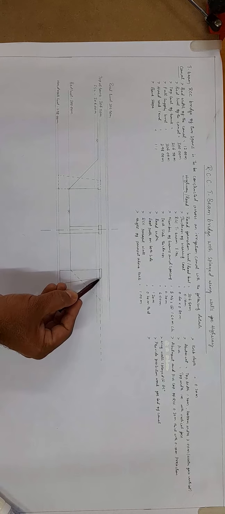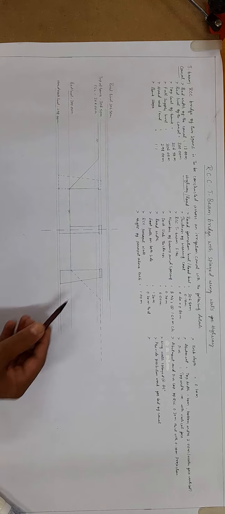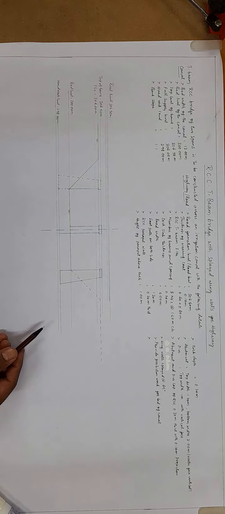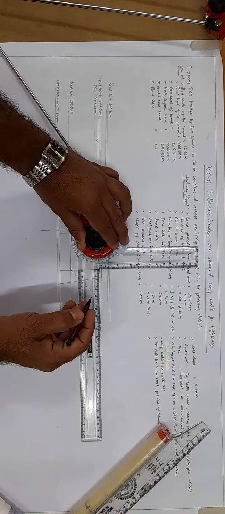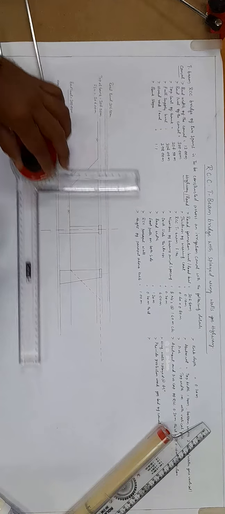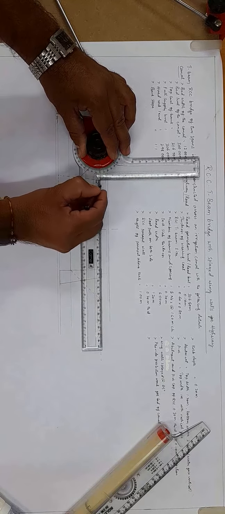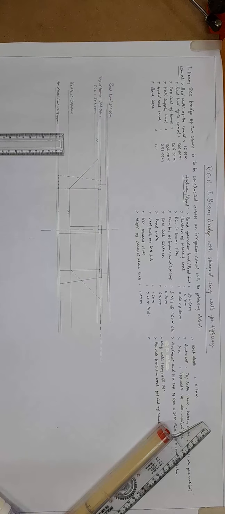Since the top width of the abutment is given as 1.2 meter here, we can take a bearing of the beam as 0.5 meter or even 0.6 meter on either side. So we shall assume the bearing at least to be half of the top thickness, that is 0.6. So we shall demarcate a point at the midpoint of this one. We'll take a faint reference line here, which shall indicate the center of this abutment.